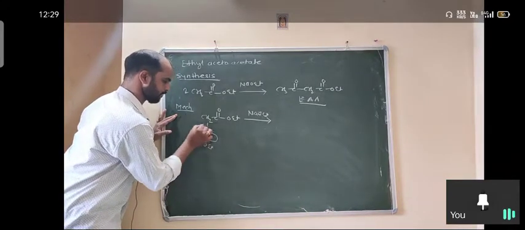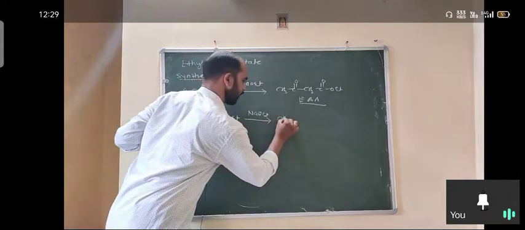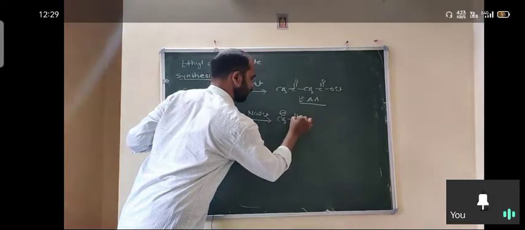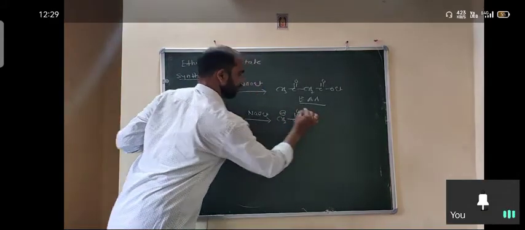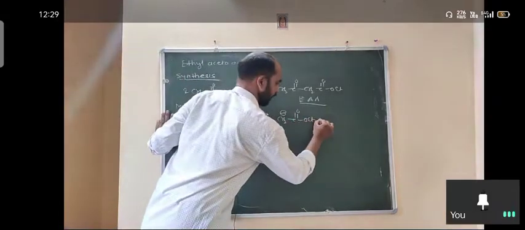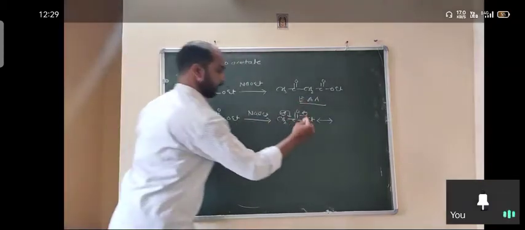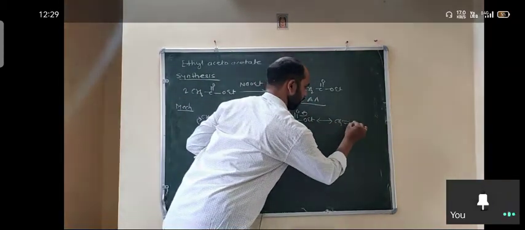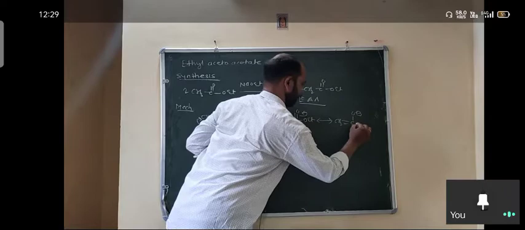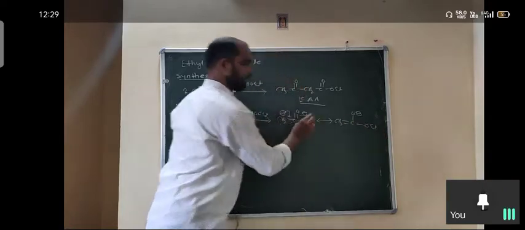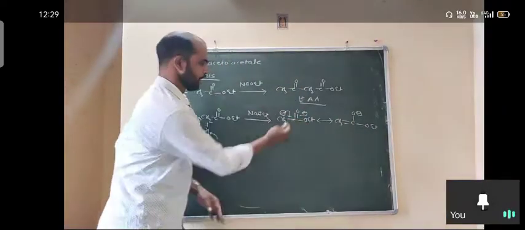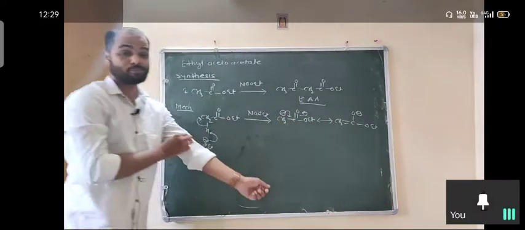to abstract the proton, and here the carbanion CH2 minus C double bond OEt is formed, and you know the carbanion will convert into an enolate via stabilization. You better know the structure of it. Both are reactive species, both are nucleophilic species. You can use either this one or this one, both are the same.